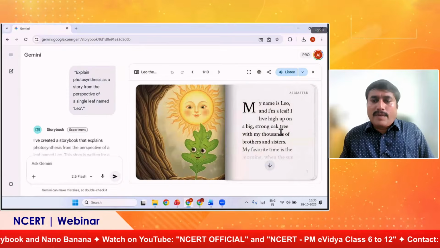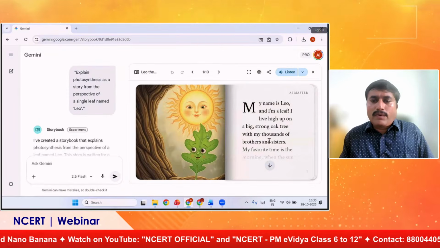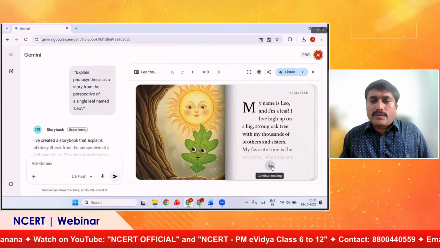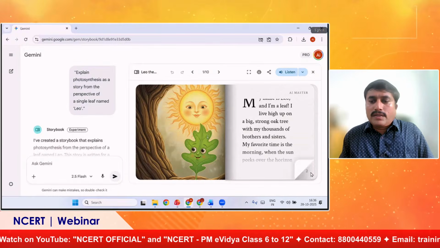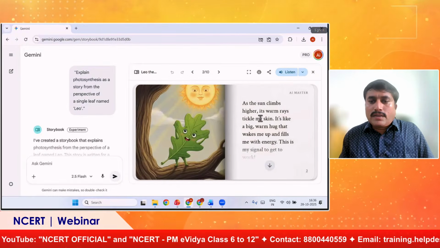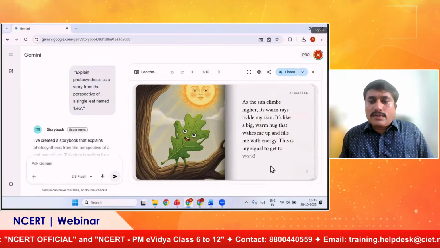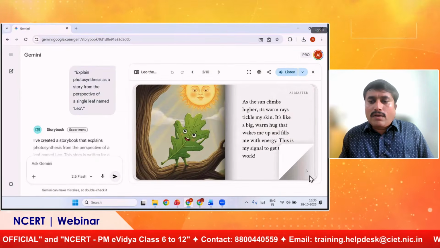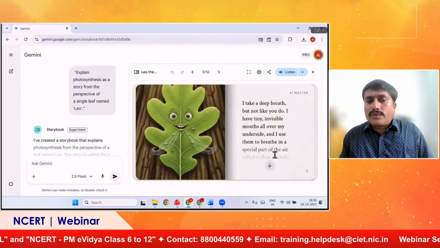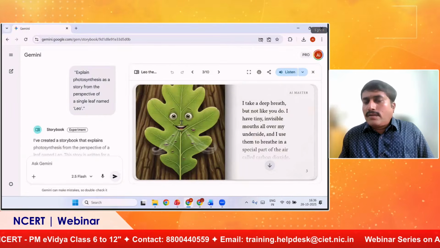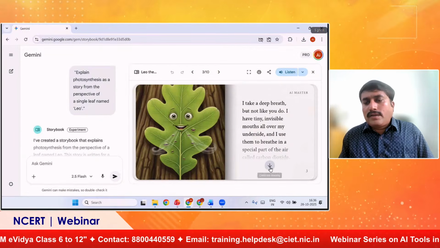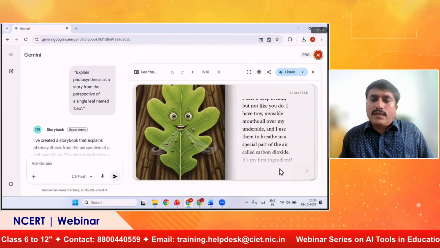My name is Leo and I am a leaf. I live high up on the big strong oak tree with my thousands of brothers and sisters. The sun climbs higher, warm rays. So this is poetic language, this type of story language, and scientific things are also included in this story.